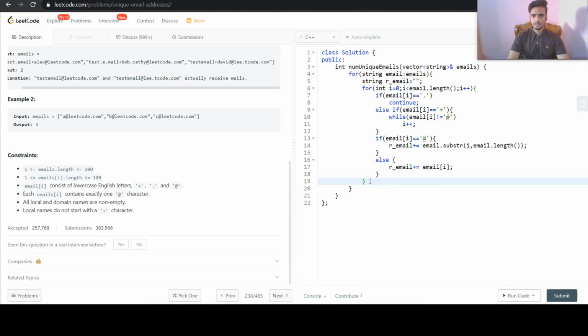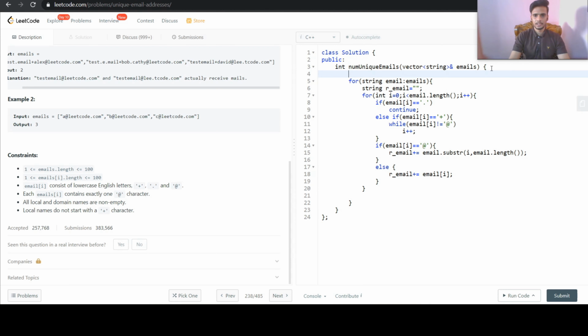Okay, so after this loop is finished and we got our resultant email after removing all these things, we need to insert it into a set. So we will declare an unordered set. The reason we are using a set is because a set contains only unique elements and we need only unique email addresses.